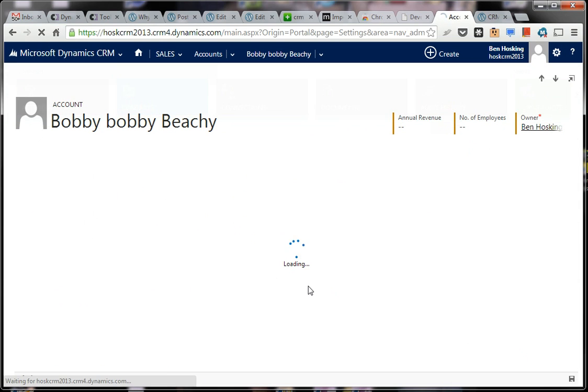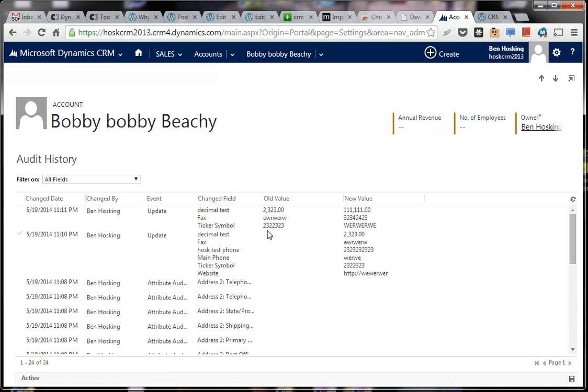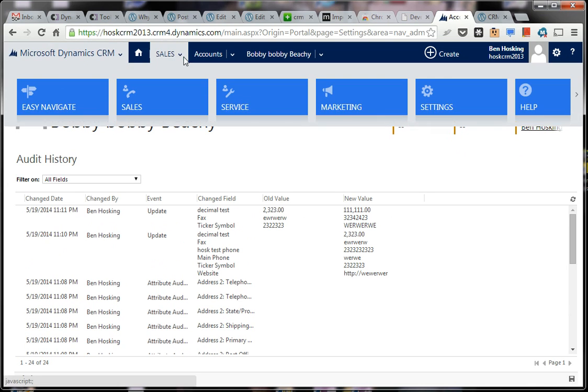We'll go to more audit history, and it's very useful. It shows it was an update, who it was by, the time and the date, and it's got the old value and then the new value. So it does exactly what you want in your auditing. Right, so that's a quick rundown really. Actually, if we